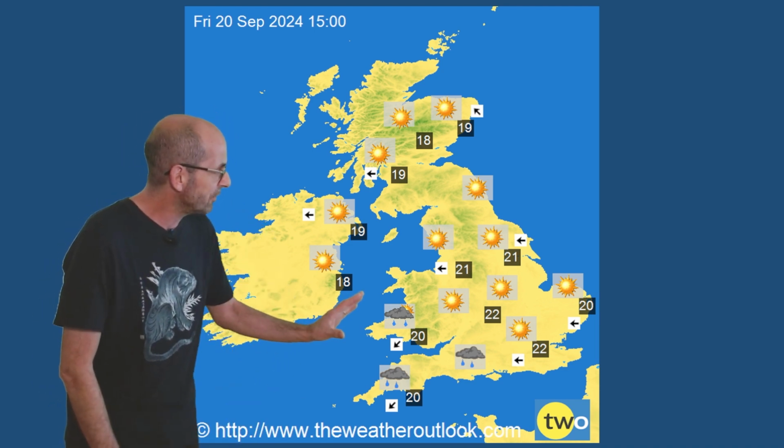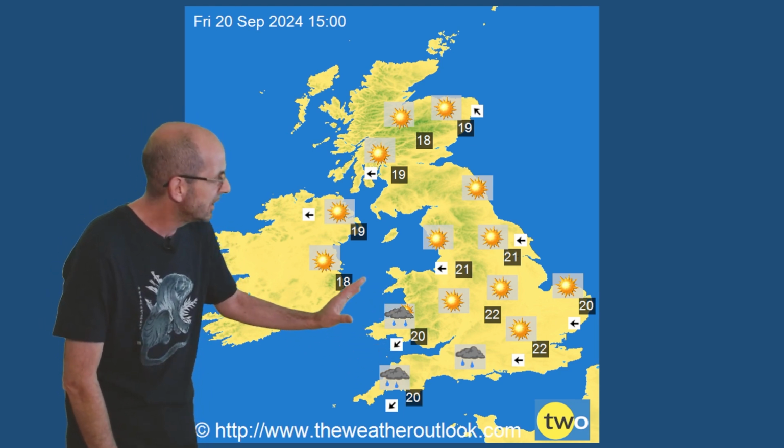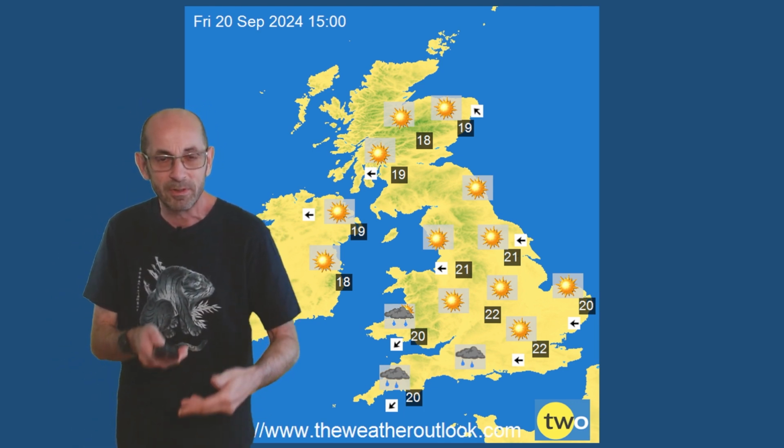I think though it's just worth emphasising that really the details start to become uncertain now. This has the showery rain, as I said, in the southwest. It could be a little bit further east. It may not be developing yet at this point, but it's the general direction of travel which is important,